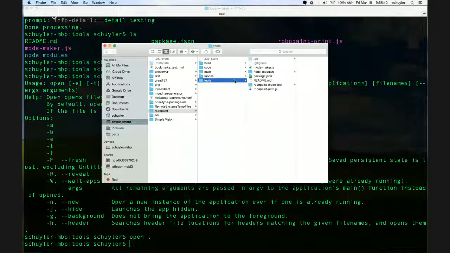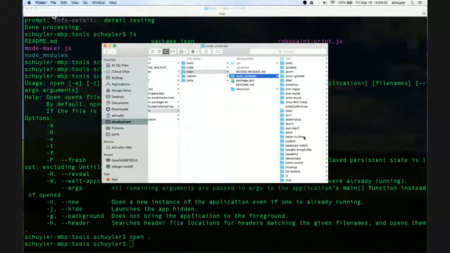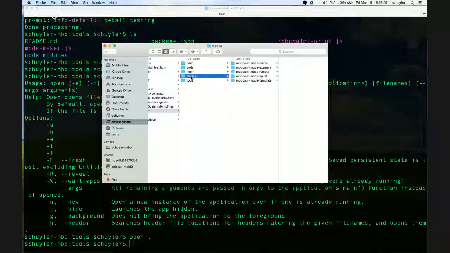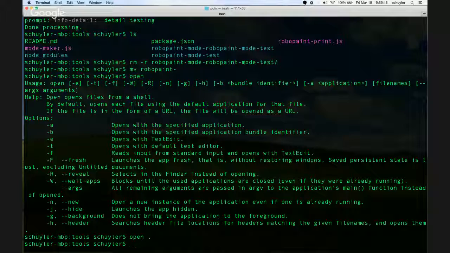So the way this works is, there's a folder. RoboPaint exists in a folder called main. The modes are installed as a node module, like anything else in the node modules folder. There are two ways you can install it. One way, you just copy it to node modules, which is not a good way of doing it because node modules isn't kept track of, and you could wipe it out or whatever. The better way is I keep my modes, you do this too, in a separate folder, and then you use this wonderful tool called npm link.